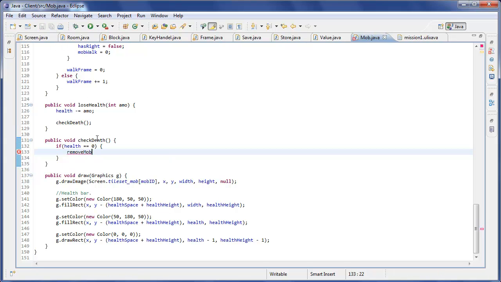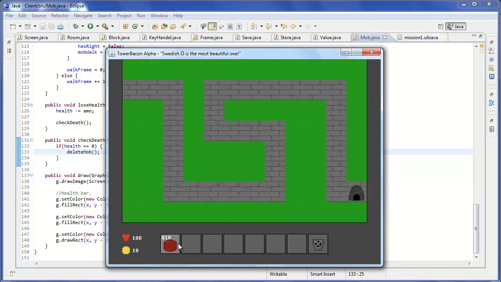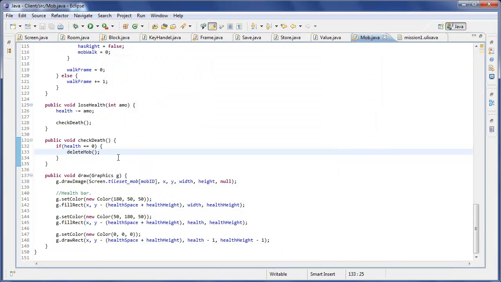Delete mob. That was strange. Anyway, so if it happens that it would be on 0 or anything like it, it will just remove. Now that line is going to be there. That means that we're going to do, if it actually dies,